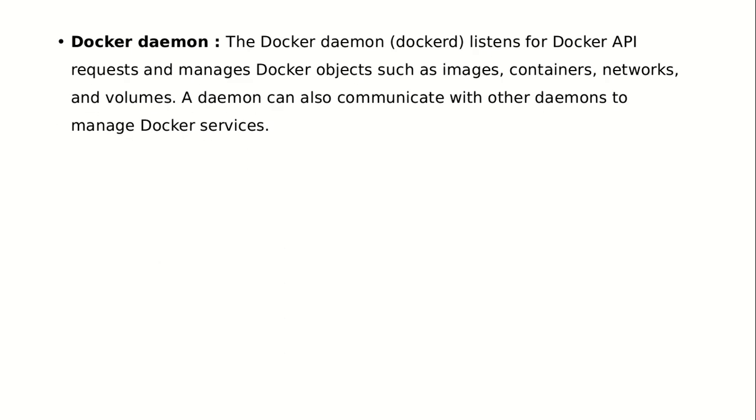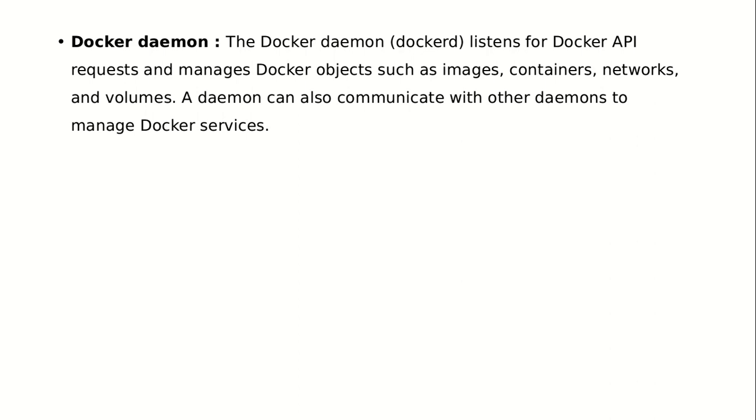The first we have is the Docker daemon. The Docker daemon is also known as dockerd. What this Docker daemon does is it listens for API calls or API requests. In the last session I told you that the communication between your Docker client and your Docker daemon is done by a REST API, which acts as an interface. So this Docker daemon will listen for the API requests, and it helps you to manage your images, your containers, your networks, and your volumes. All your main work, like creating your images, containers, volumes or networks, is done by your Docker daemon.